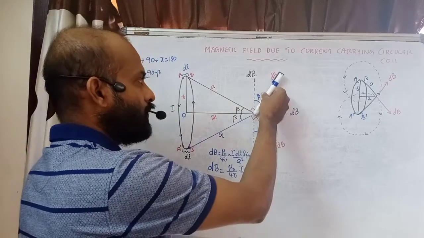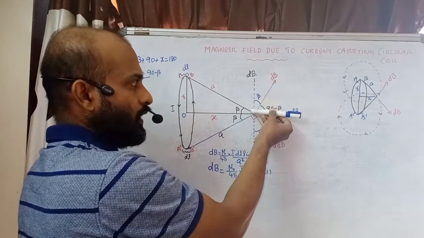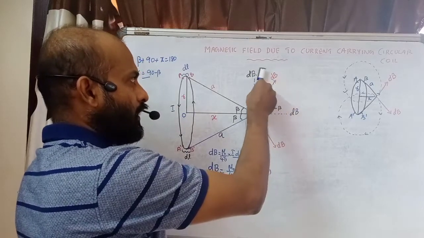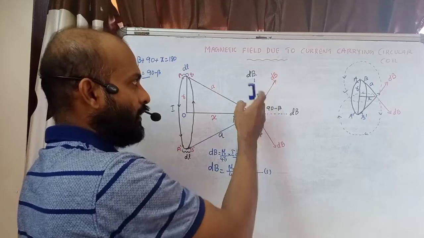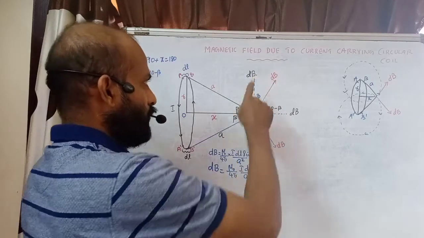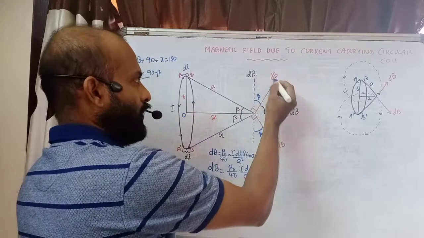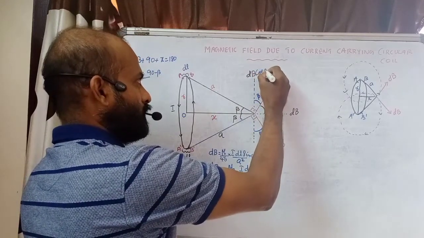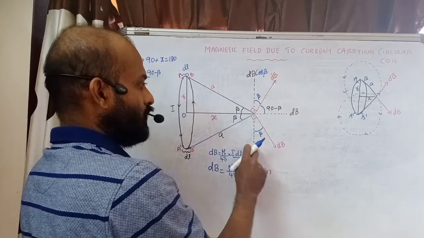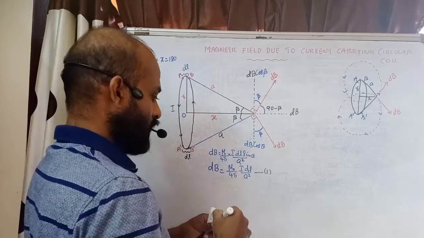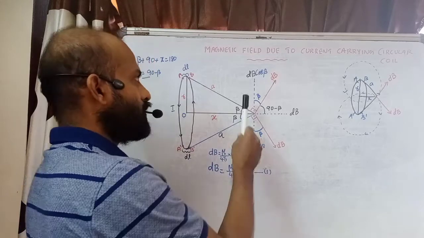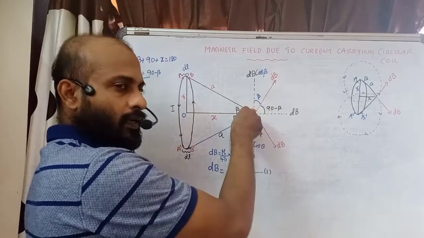We will take the components of dB along vertical and horizontal direction. We can see that the vertical component, since it is along with this angle, beta is an angle, here we can say this component will be dB. What component I need to take? dB cos beta. Okay, for this also there will be dB cos beta. We have got cos components. That is, the vertical components are cos, vertically upward and vertically downward.